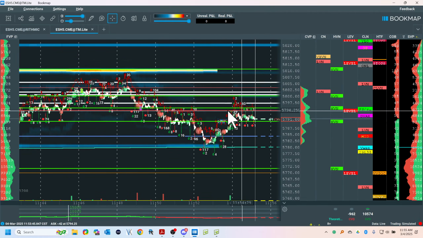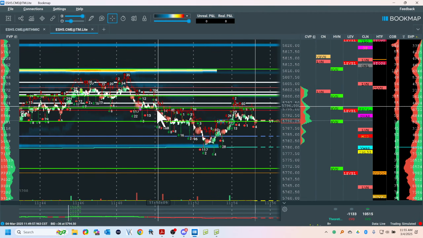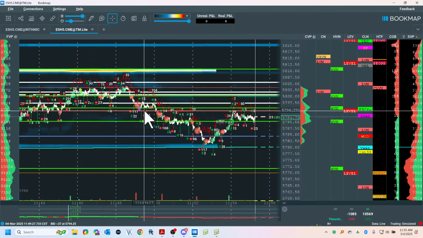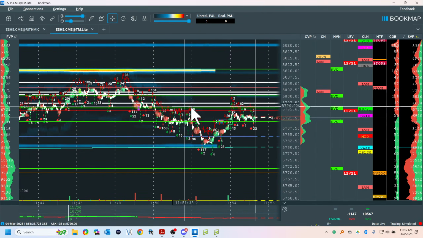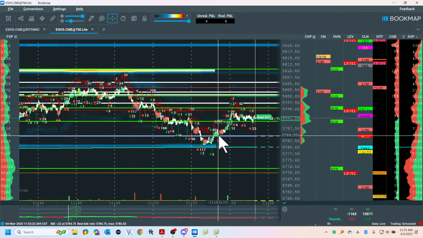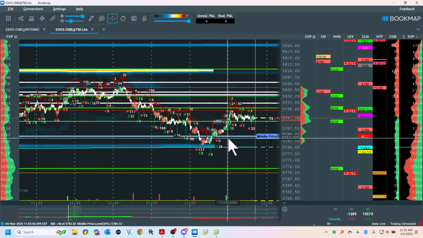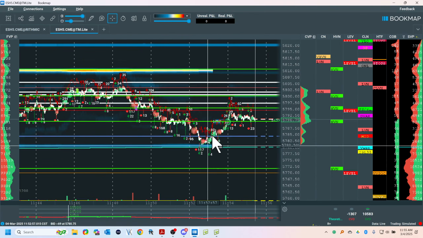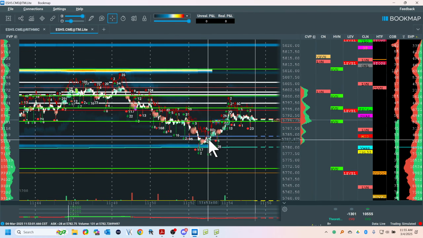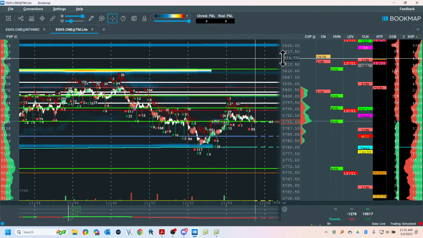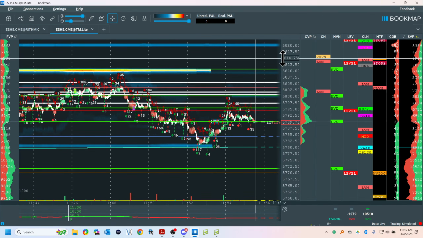What we don't know is if we come back up to where the sellers took control, are they going to activate again? And then the market's going to take these guys out. So for me, the plan, and not a recommendation, is for these guys to get taken out. Now, they don't have to get taken out. We can do anything. So write that down. Maybe